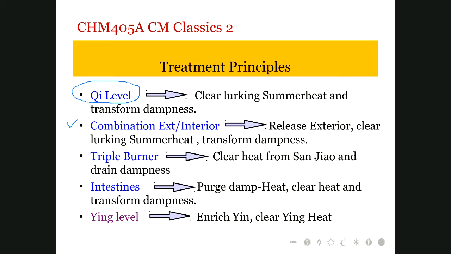Now, if wind heat affects the body and there is a Yin level disorder, while resolving the exterior you always need to add herbs or principles to help supply the yin and clear the heat from the nutritive level, or vent heat to more superficial levels. So what is the difference between clearing heat and venting heat? Venting heat uses more gentle herbs that are cooling in nature and slightly aromatic, like opening the window and the door to let the flies out. But if the whole household smells so bad, you cannot just leave the window and door ajar. You need to open them completely. We call that clearing the heat or purging the heat out.